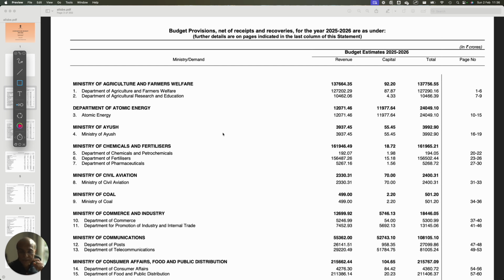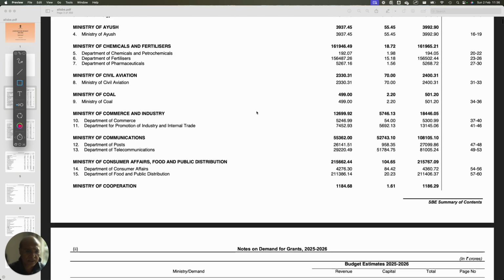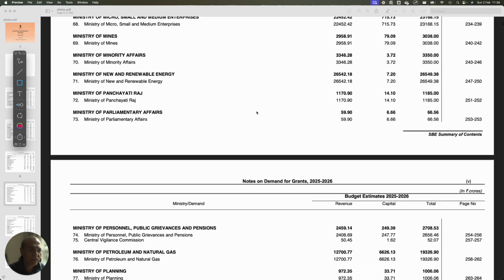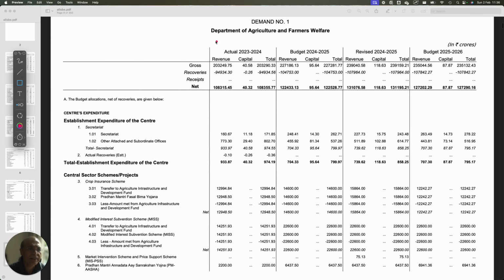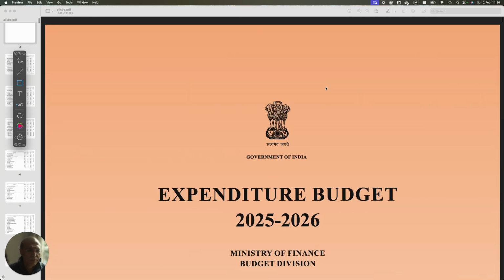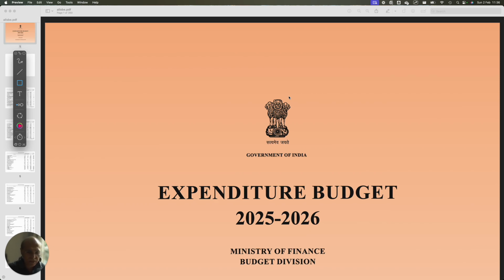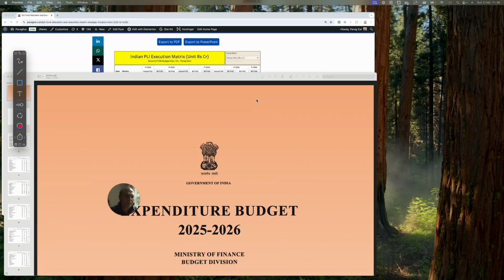So what I have done, friends, is that I have aggregated this spend across all the ministries for previous budgets also. If you look at this document, you'll find that it has the actual spend for FY24, the budgetary estimate of FY25, the revised estimate of FY25, and the budgetary estimate of FY26, right? But the earlier numbers are not mapped in this expenditure document. But I have kept track of the other documents also, and it took me a little bit of time to aggregate that, and I have captured this on my website.